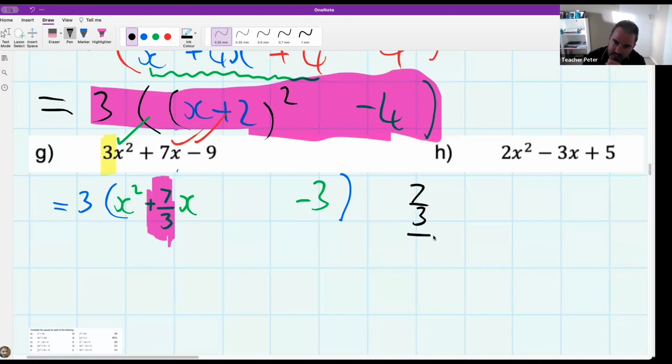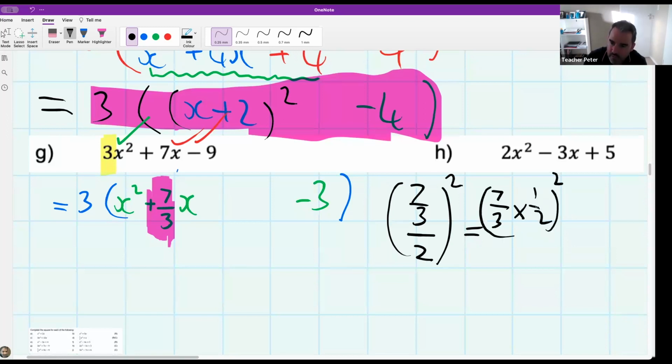I think I need to divide it by 2, and then I need to square it. What value will I get if I take 7 over 3 and divide it by 2? Atlichang, you've got this perfect. And square it. Now, your calculator can help you, so don't be afraid to use that. If you want to pull some ninja moves, you can also say dividing by 2 is the same as timesing by a half. And so what you could have is 7 over 6 squared, which is